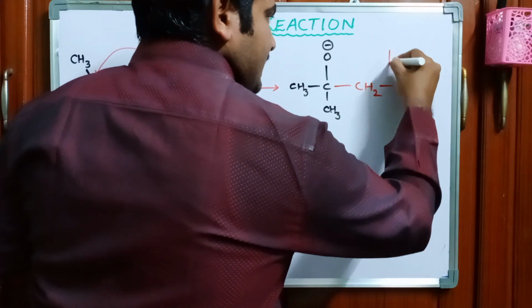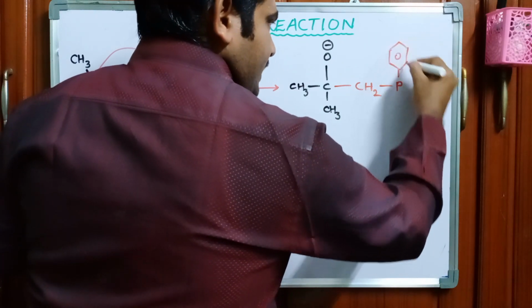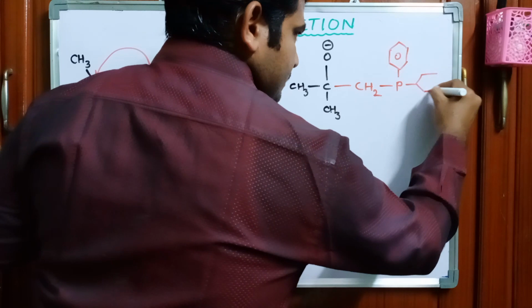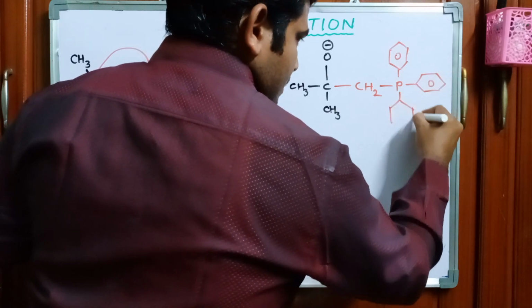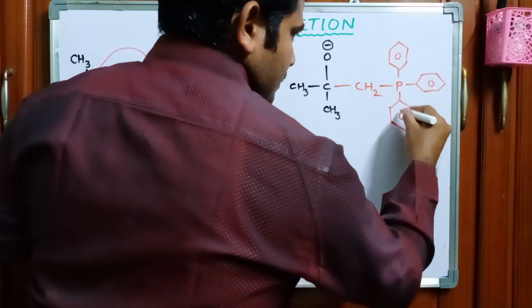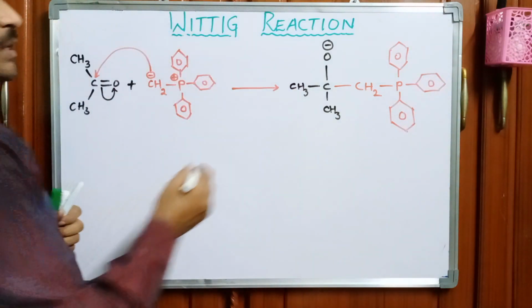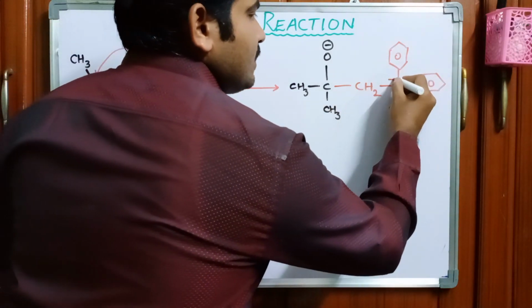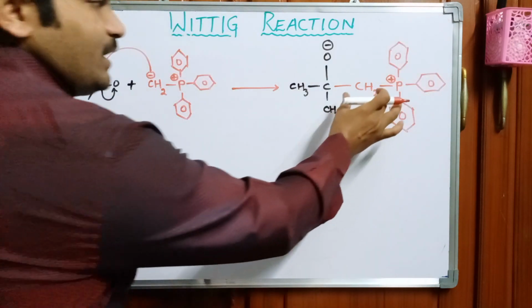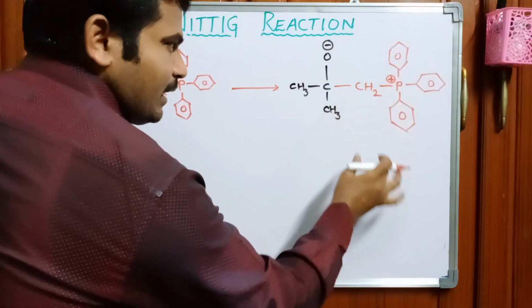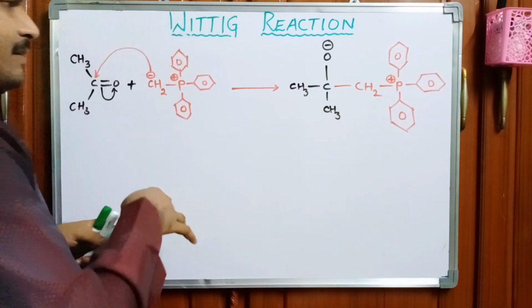How many phenyl moieties? 3 phenyl moieties. What is the charge here? Positive charge. I want to draw the same structure into another format like